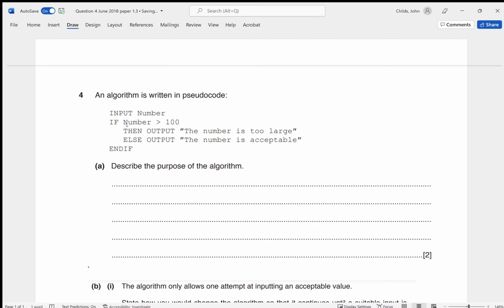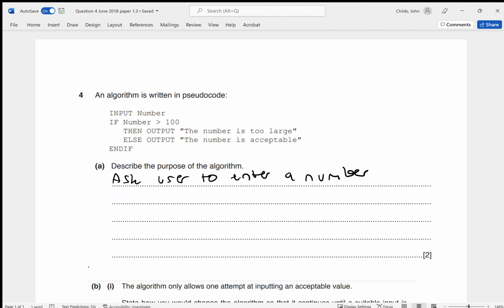So input number, and we could say that is ask the user to enter a number. Okay, that's the first bit. Next we've got this conditional statement here where we're testing to see if number is greater than 100, and essentially that's what we need to write. So we can now write something like test to check or see if